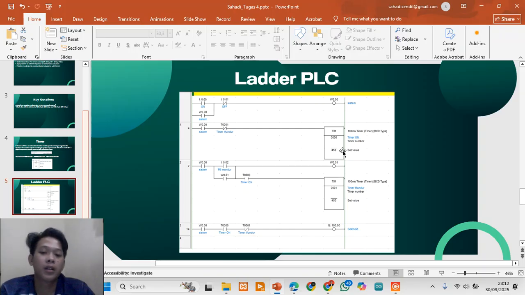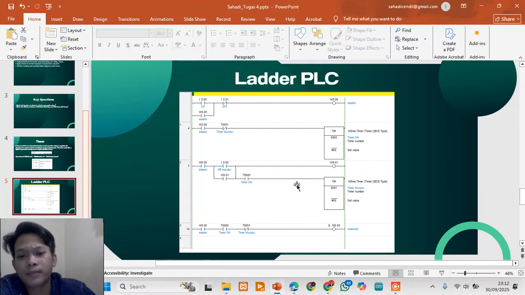Now let's look in detail at a ladder diagram that controls the forward and reverse motion of a pneumatic cylinder, in four main parts. First, the start or stop control in rank 1.